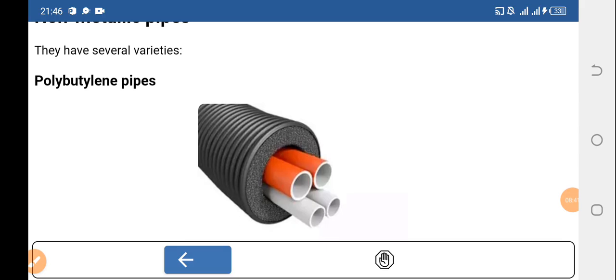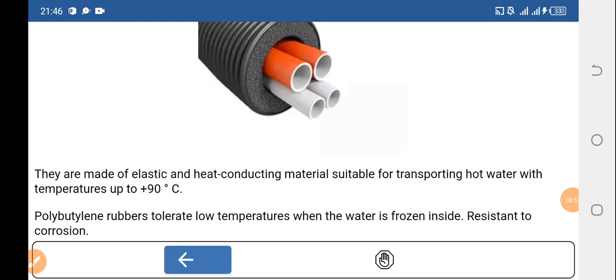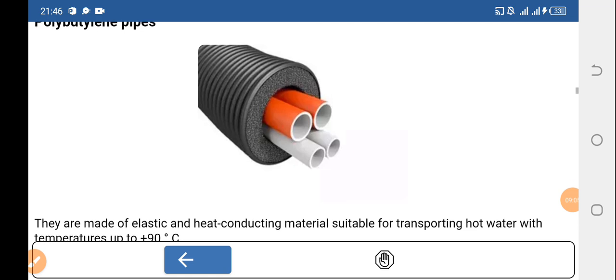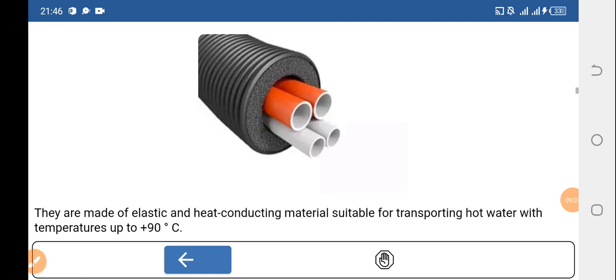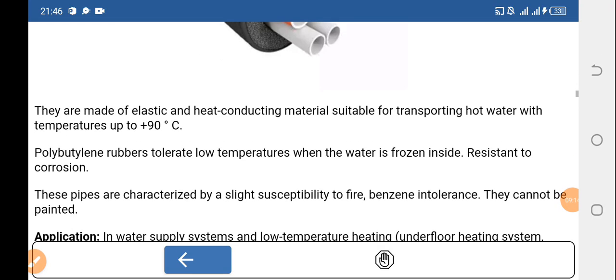polybutylene pipes. Okay, so this pipe is actually hard, and we say they are made of elastic and heat conducting material suitable for transporting hot water with temperature up to 90 degrees Celsius. So this pipe is good because it can be used to supply hot water which is at 90 degrees Celsius. Polybutylene rubber